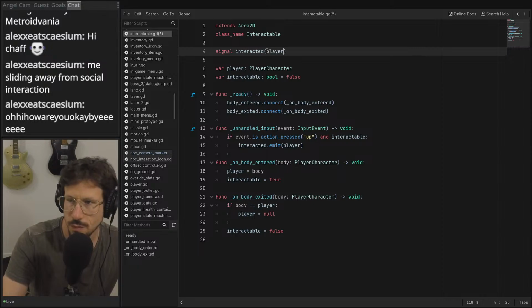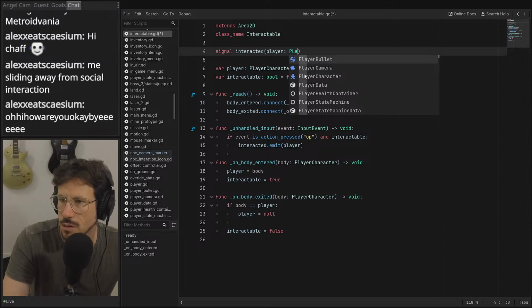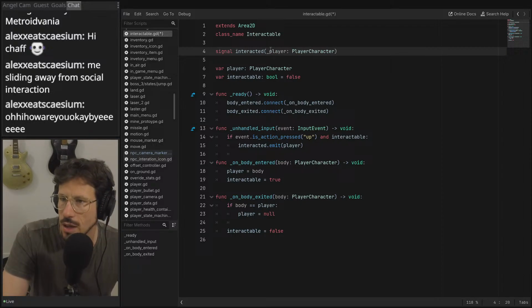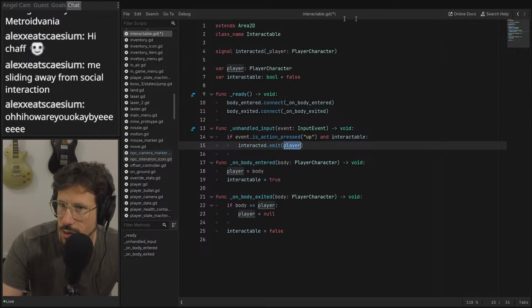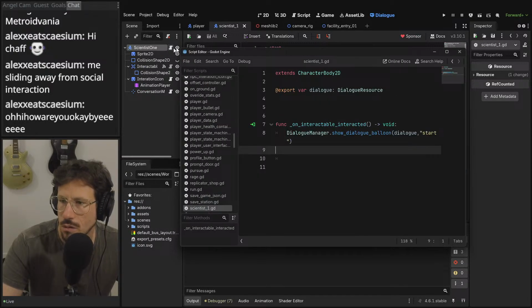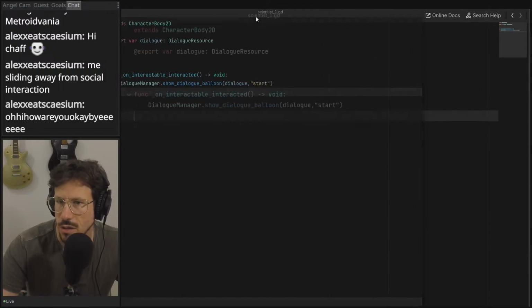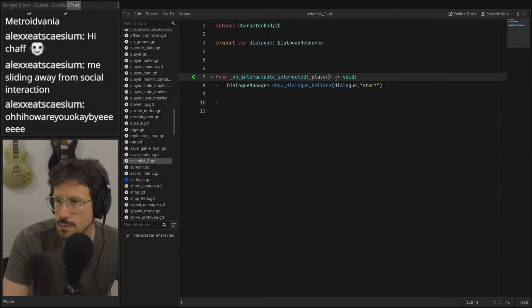Okay. Player, it's a character body 2D. Player character, I should say. Oh, that needs to have an underscore. Okay, so we set the player. We emit that, and then what we can do is in the scientist, what is this script called? Scientist1.gd. Okay, it is that. We can get the character. Player is fine, we don't need the underscore here. It's a player character, and the player character has a